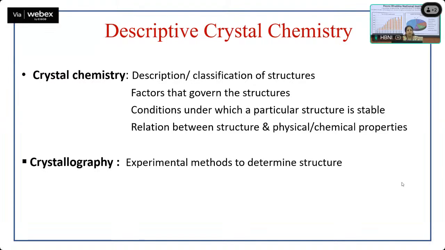This one term, which is called crystallography, is often interchanged and confused with crystal chemistry. Crystallography very typically refers to the experimental methods that are employed to determine the structure. So there is some subtle but very important difference between these two terms, crystal chemistry and crystallography. So with that brief note,